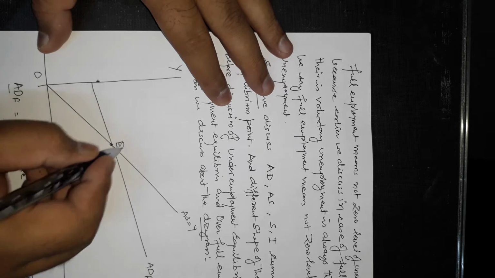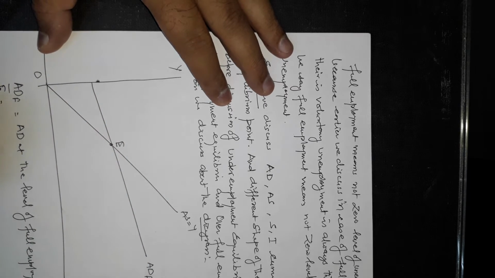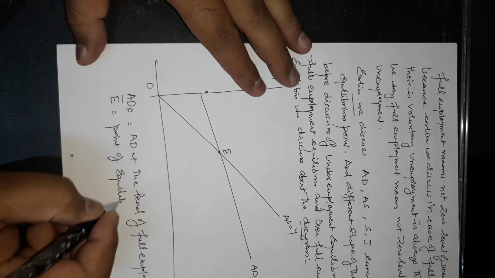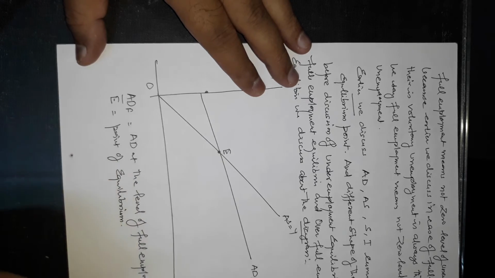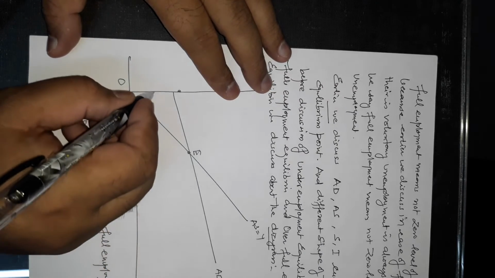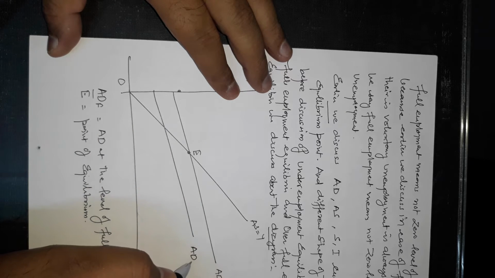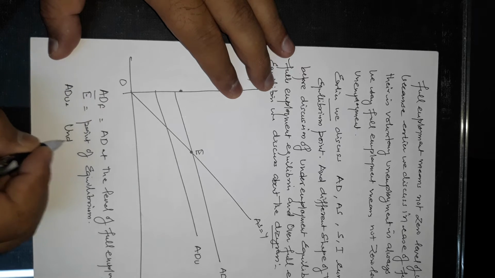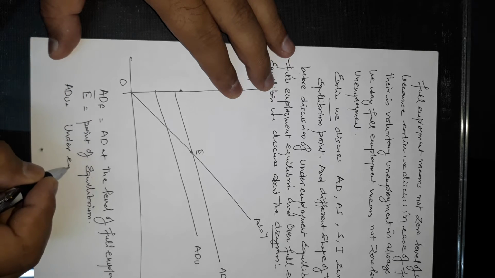So this E point is the point of equilibrium. So ADU means underemployment